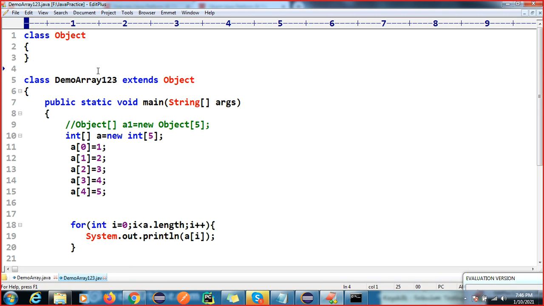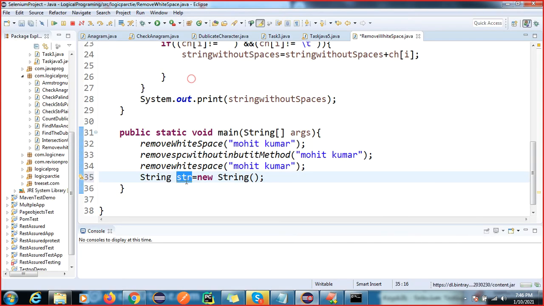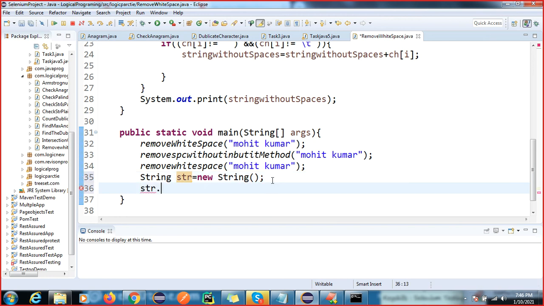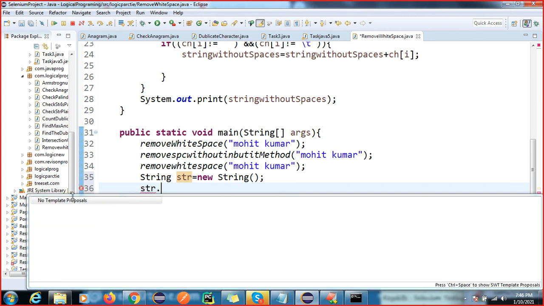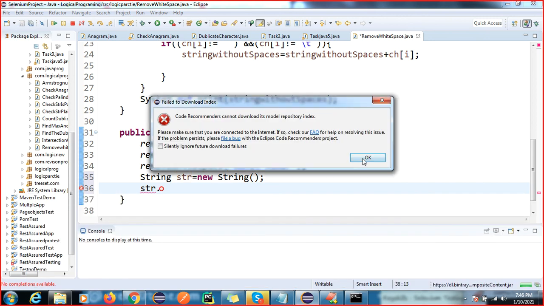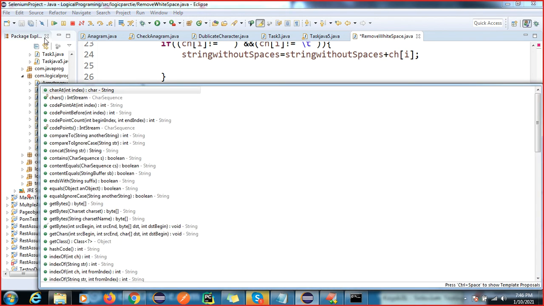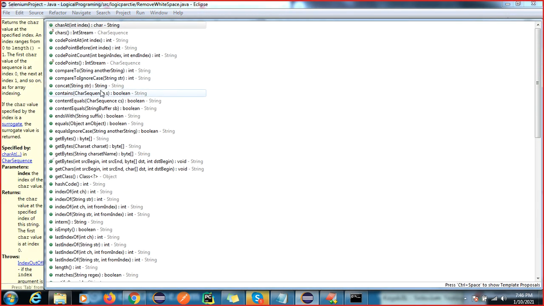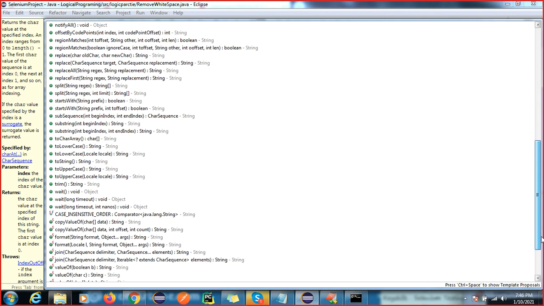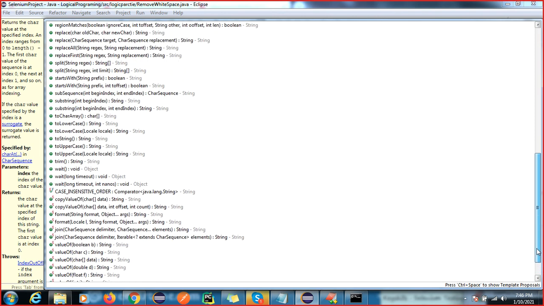Then you will ask how you can prove this, since I already extended it and it is working fine. How can you prove this? I am going to access a method here which is available in the String class. You can see all these methods are coming from String, but here we can see the Object class will also be there.